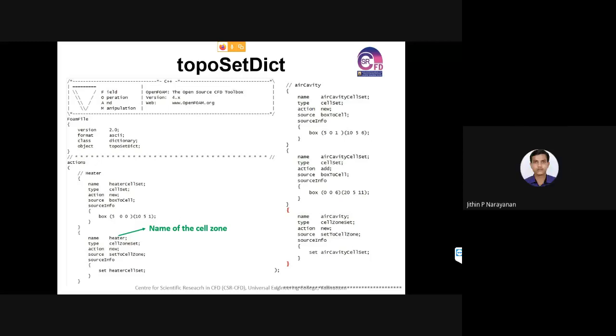When I check the Airfoil 2D case file, in that particular case it is not there, because we are already taking the mesh. In the Airfoil 2D case, a mesh file is already created, and it is just imported in that particular tutorial.